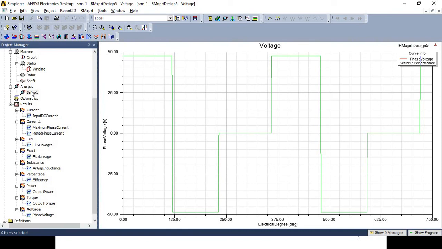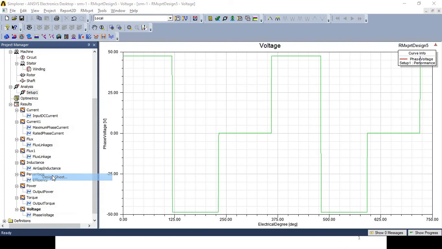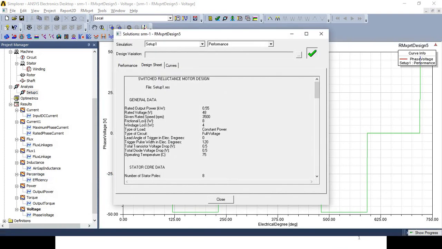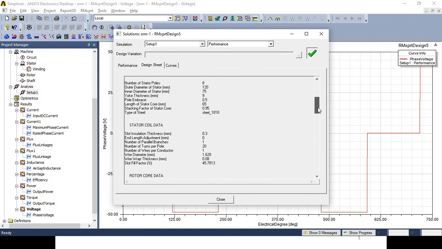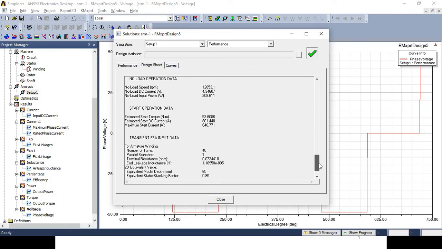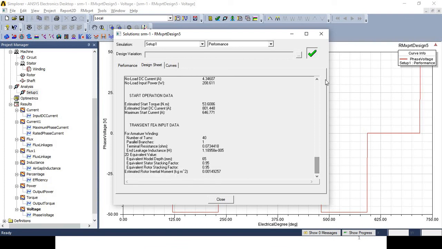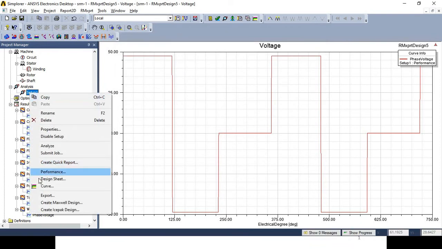Now again we will go through the setup, and there is another parameter related to the design sheet. That part, the design sheet, we had already discussed. That is information related to the general data, stator core data, stator coil data, rotor core data, material consumption, then no load operation data, start operation data, transient AP input data, etc. Then curves also we had seen. Then through the export you can